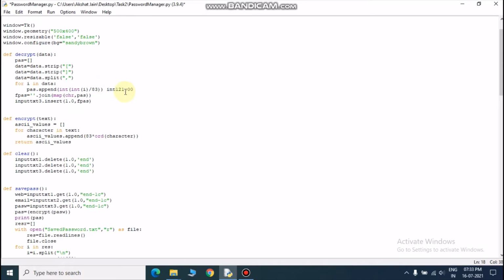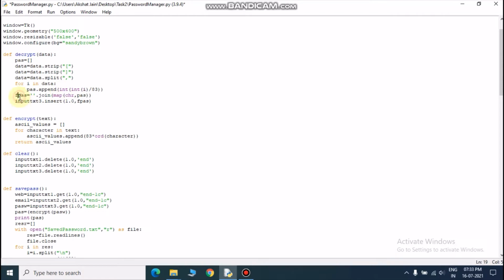So I will typecast it again like this. So here int(i), first the i value is getting typecasted to int and then divided by 83, because this i is saved as a string in the notepad. So I must typecast it into int before dividing, and after dividing by 83 I will get a float value which must be typecasted back to int.